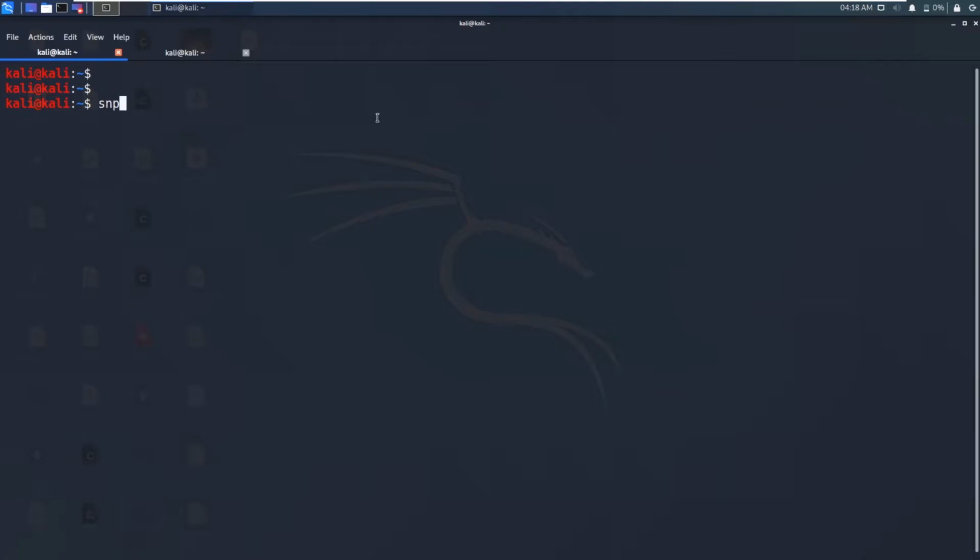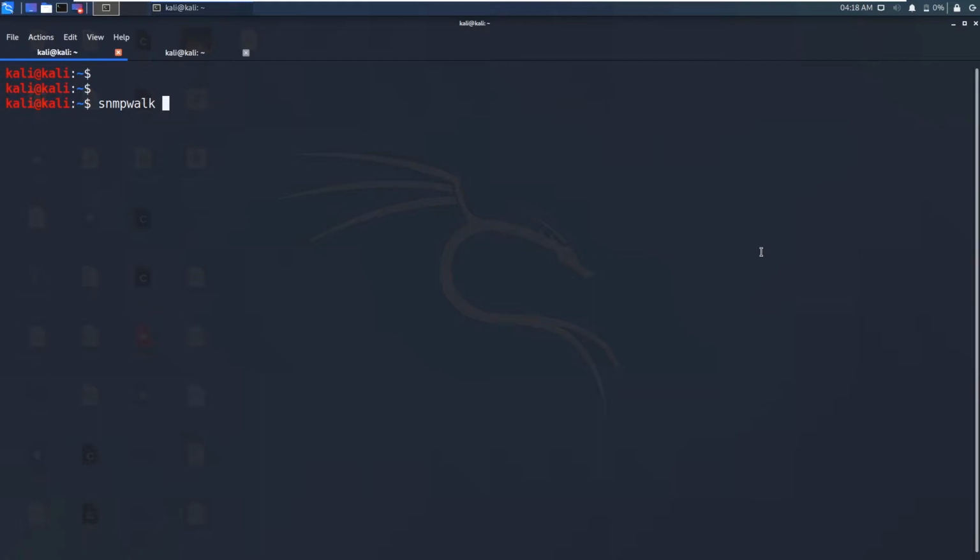For that we need to use this tool called snmpwalk. This snmpwalk will walk through the OID tree, which is the object identifier tree. I have already told you about the SNMP OID tree and MIB base in the SNMP theory video. This will walk using the get-next request, and then we'll get the entire tree information.